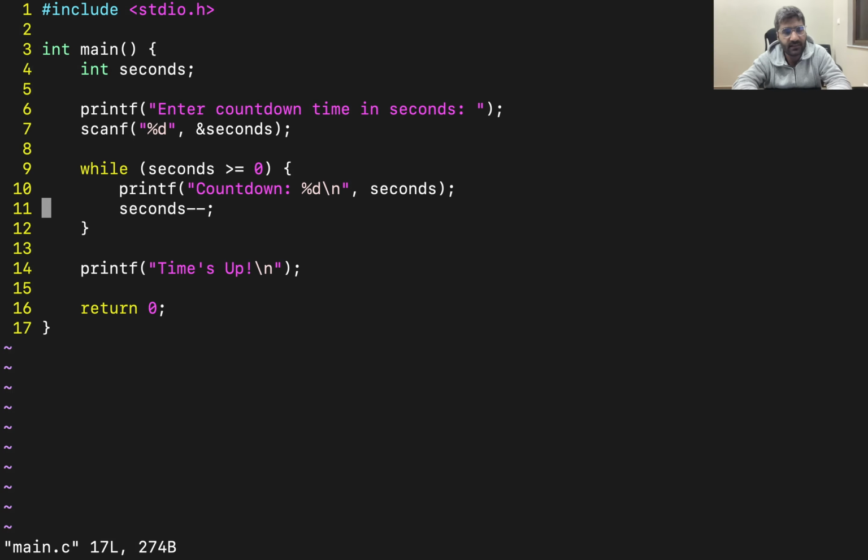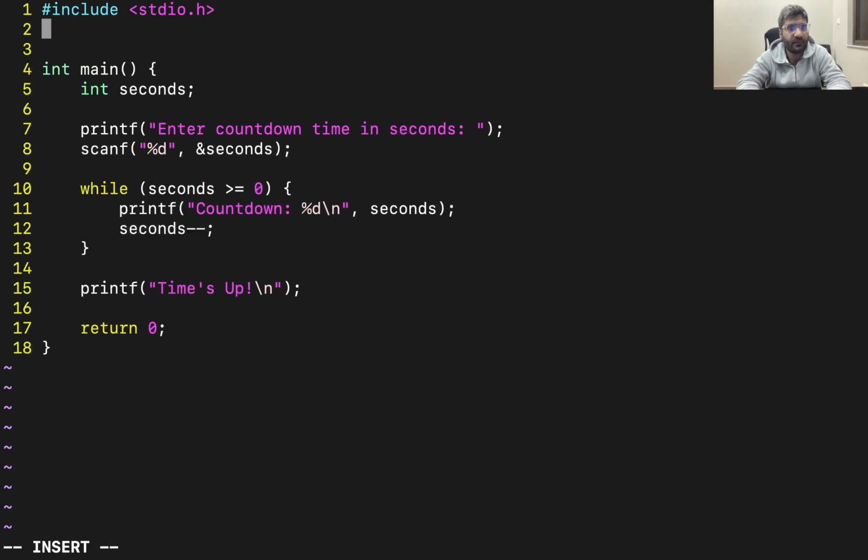For that we need a sleep function, and the sleep function is defined inside the unistd header file, and this unistd header file is part of the POSIX, and POSIX stands for the portable operating system interface, and it's widely used for Unix based operating systems like Linux or macOS, and we need to pause the execution